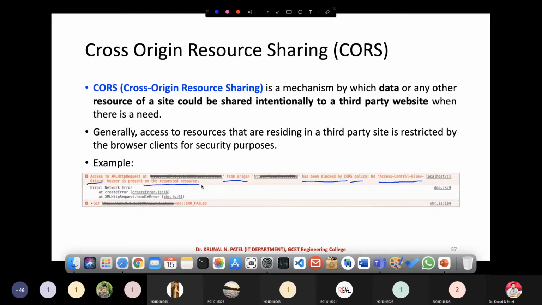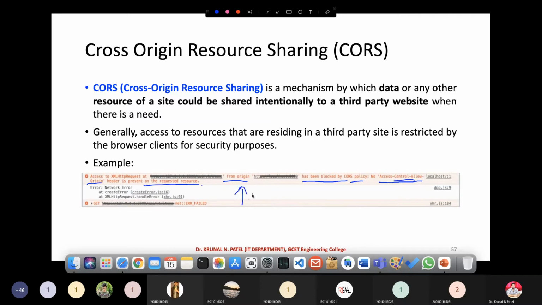This is very important. As this request goes to the other origin, that machine denies it. Here it says blocked by CORS policy and no Access-Control-Allow-Origin header.